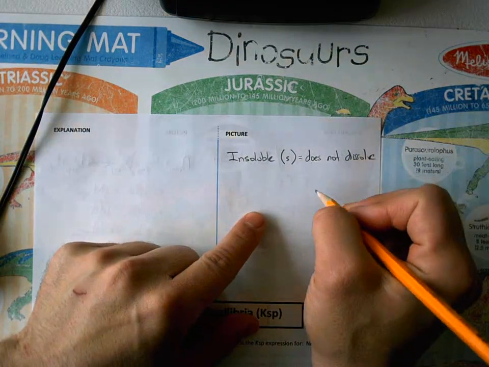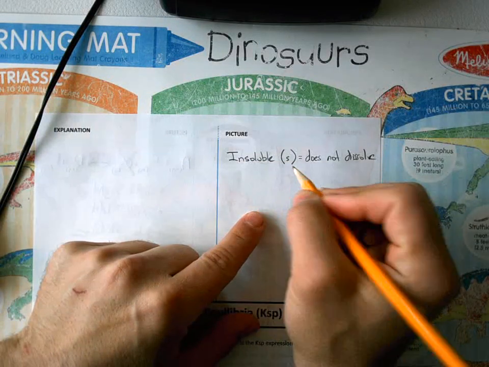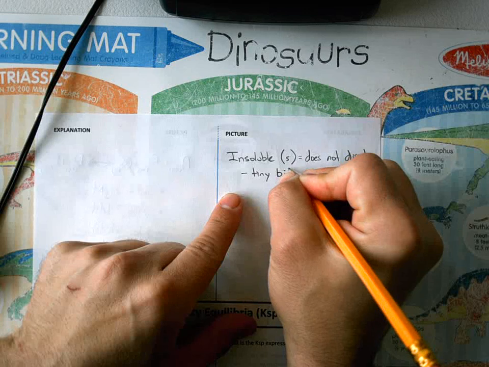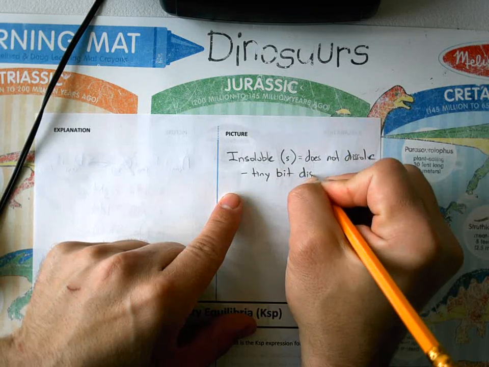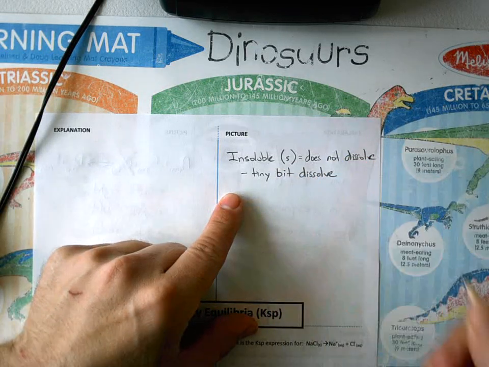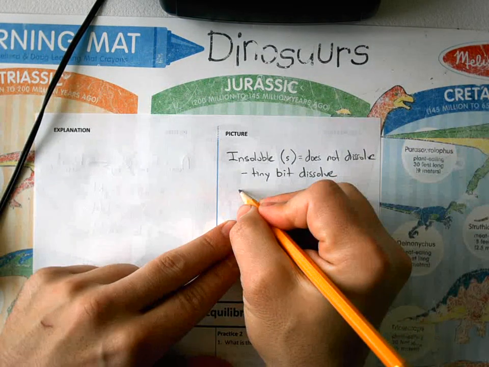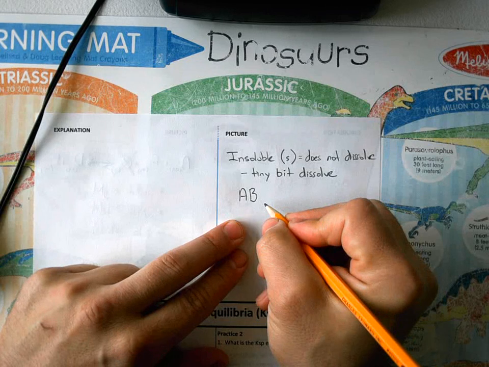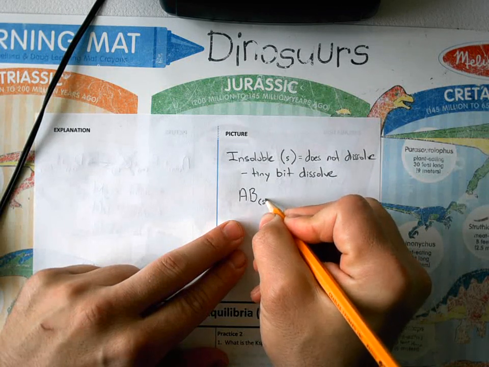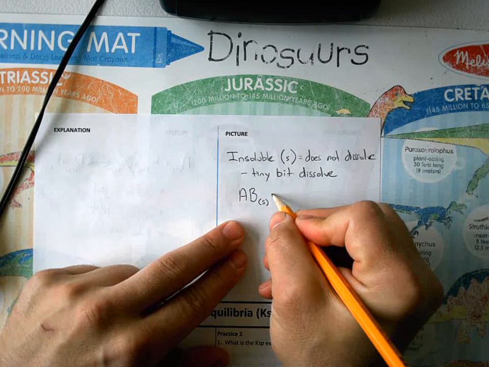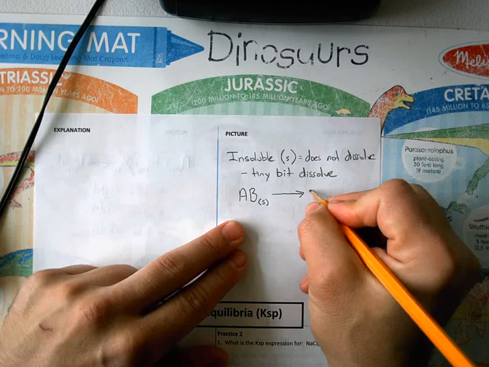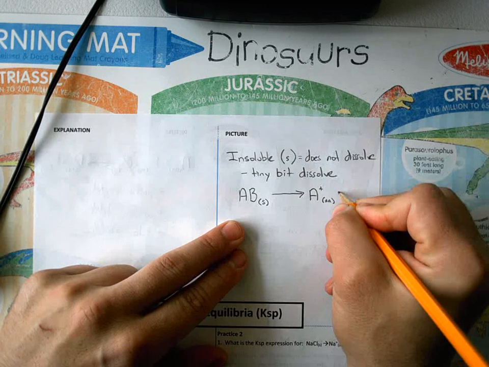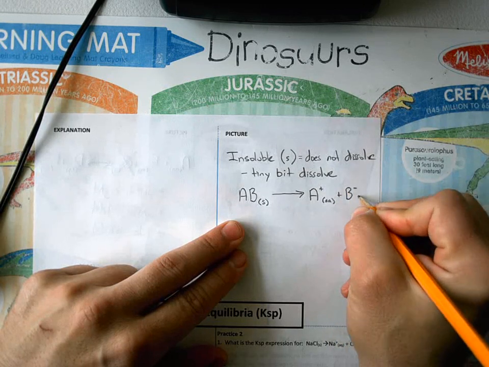Okay, now here's the new concept. When something is insoluble, technically a tiny bit probably does dissolve in the solution. And we are going to write that out like this. Let's say I had ionic compound AB, and our solubility rule said that this was a solid. Well, technically a little bit of this does dissolve into a solution. So this would be